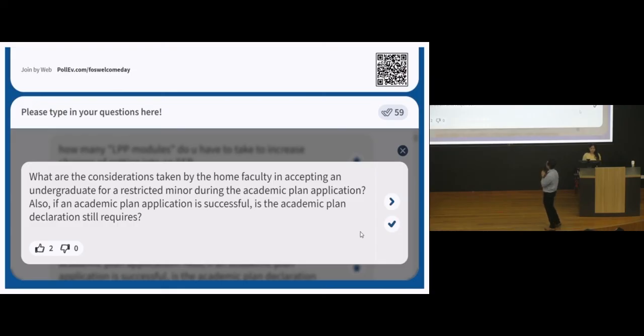What are the considerations about home faculty and accepting undergraduates? Considerations I already mentioned just now. Sometimes the department owning those minors or second majors that are restricted will look at what you have done so far, what courses related that you've done and your performance in those, before considering whether to accept you or not.